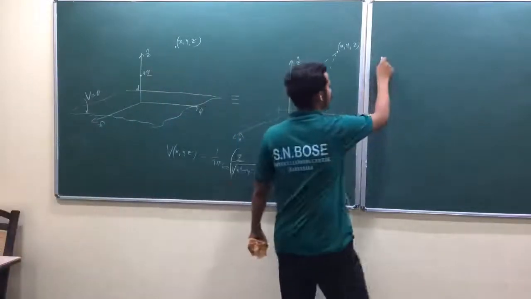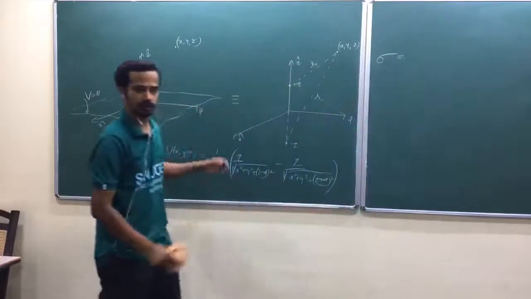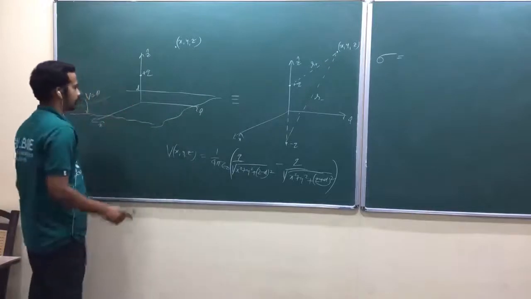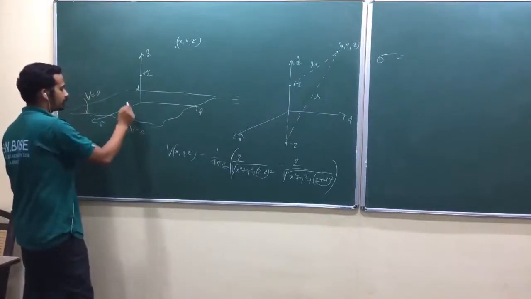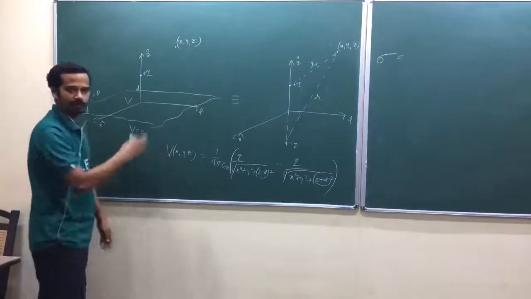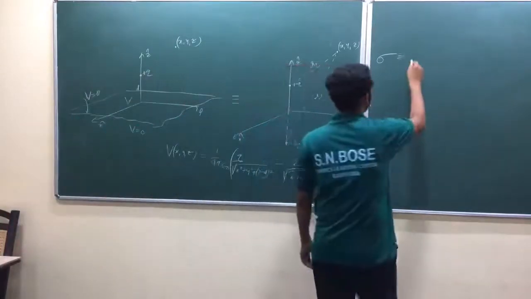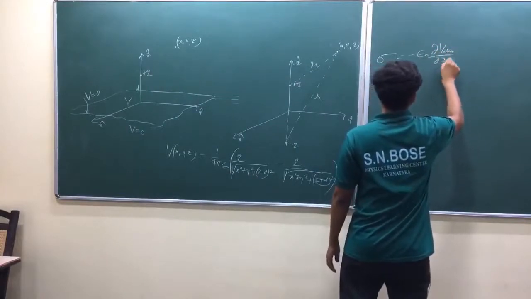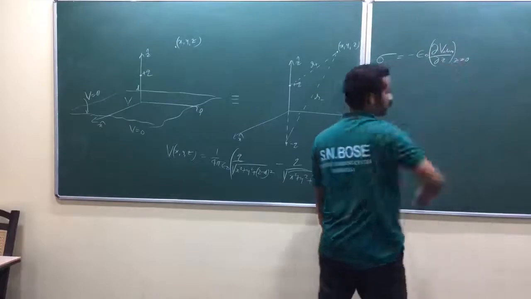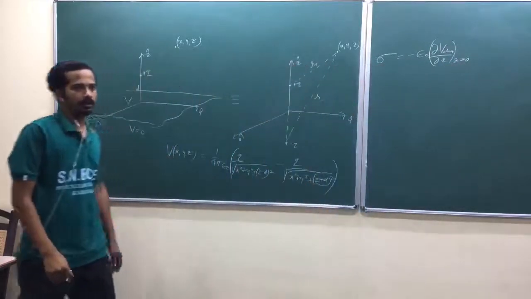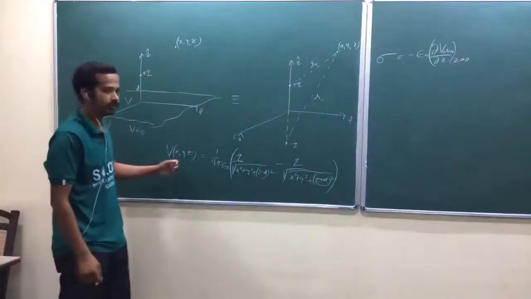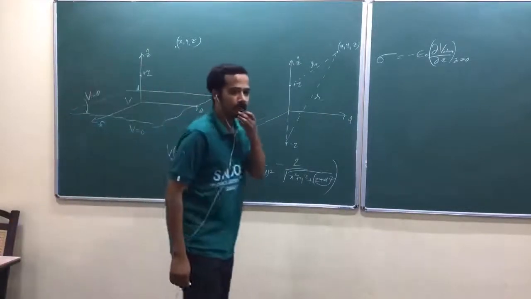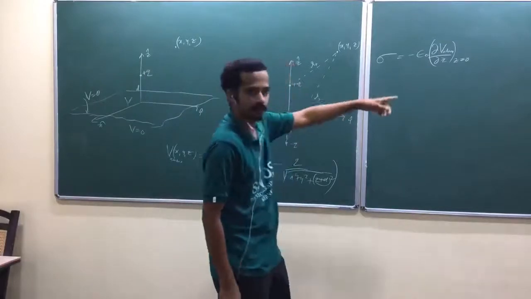So your surface charge density, again you have to go for this one. Okay, don't think of that one. While doing the surface charge density, this is the real problem. Potential was 0 below, and above it has this value. So you can write sigma is equal to minus epsilon naught dou V above by dou z at z equal to 0. Z equal to 0 is on the plane, am I right? We have to take the derivative on the plane, isn't it? Dou V above means this is above. Is that okay?